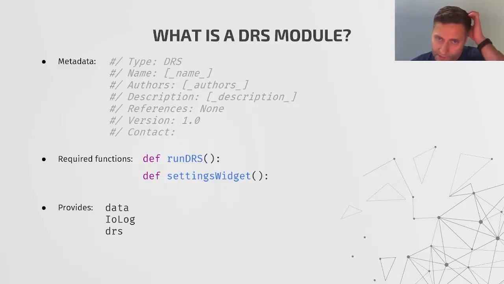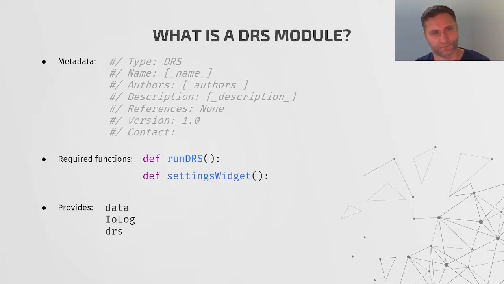So what is a DRS module? Well, the module itself is just like the import modules or the QA/QC modules that we've seen in the past, in that it starts with some metadata. But in this case, the type has this value of DRS. This tells iolite to treat this script as a DRS. So it will appear in the list of DRSs in the DRS view, and it will be expected to have